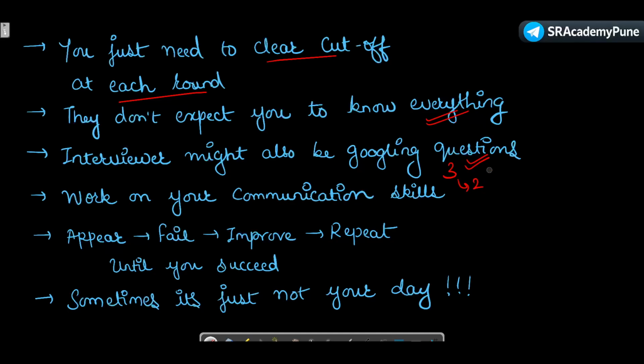They will pull in 2 other members, who might not know in depth what the JD asks, so they will also Google interview questions. In one of my cases, I was pulled into an interview at the very last moment, so I went on Google and searched for some basic DevOps interview questions. So the interviewer might also be doing that. That's why Googling basic, medium, and advanced interview questions is important.